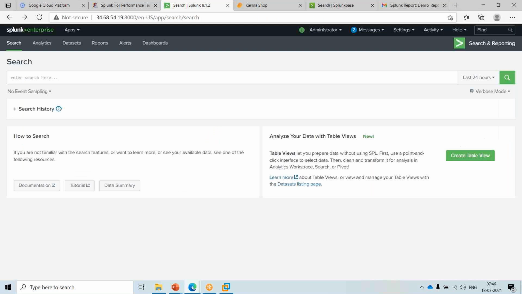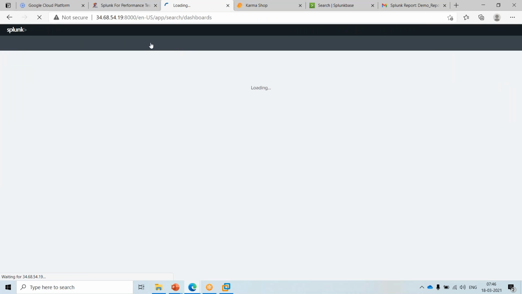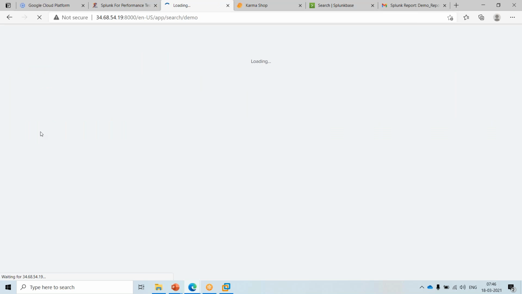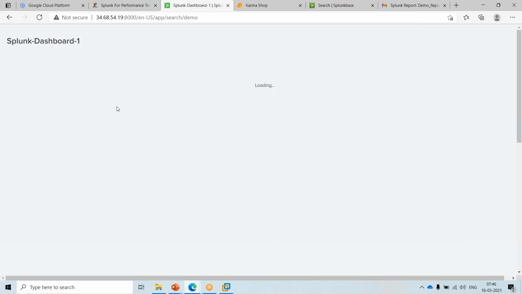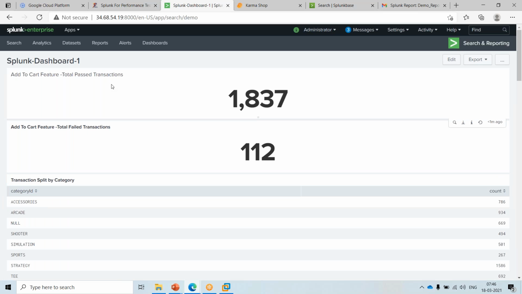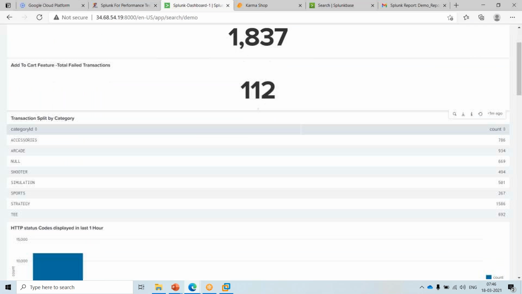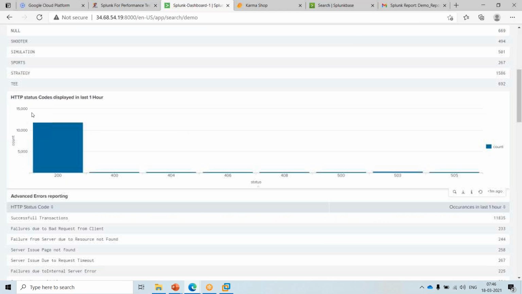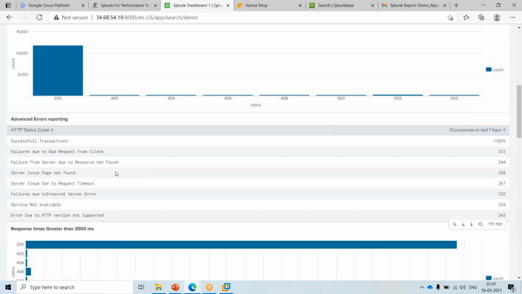Okay, and you will be having something like dashboards here. Okay, Splunk dashboards. We'll be covering this one as well. So feature wise, what are the past transactions? You can get the functionality and the number of hits or number of transactions that have been processed,